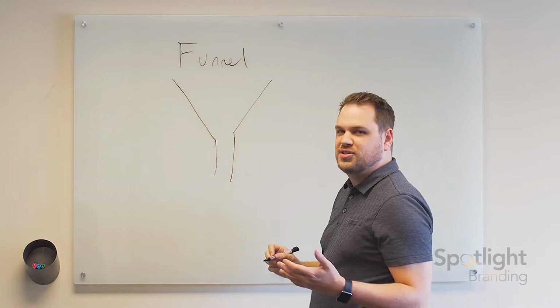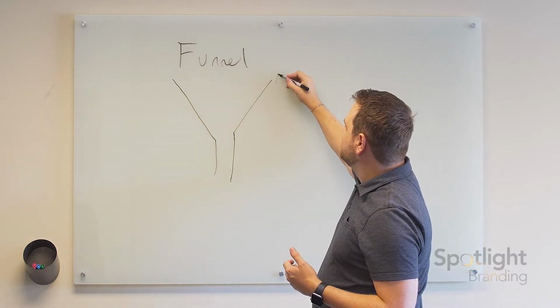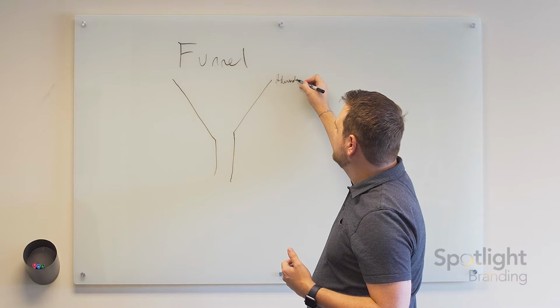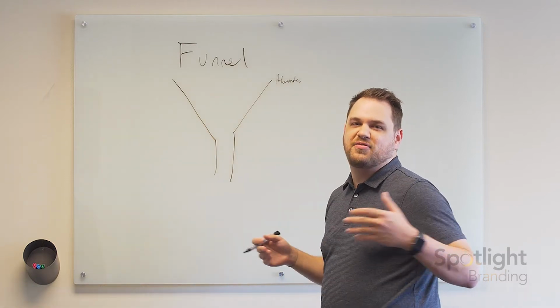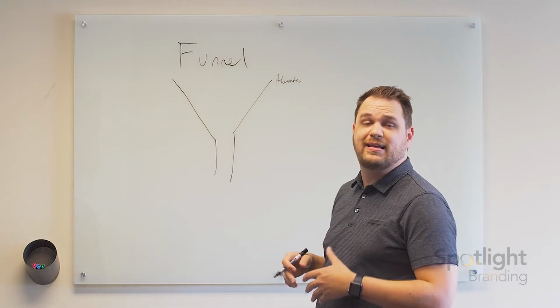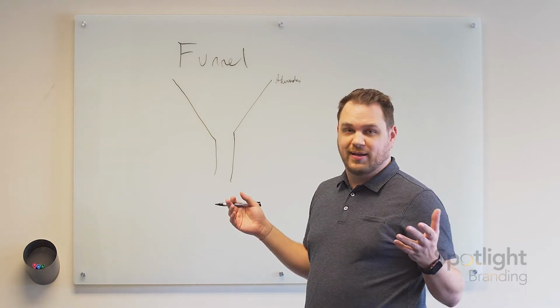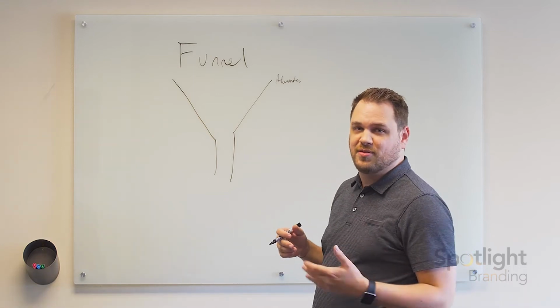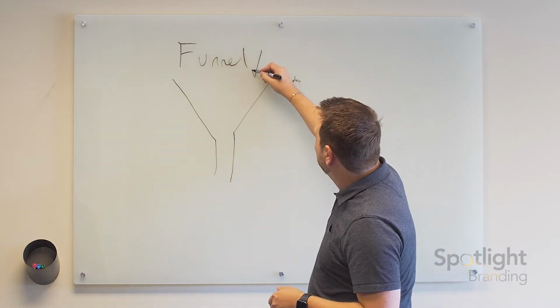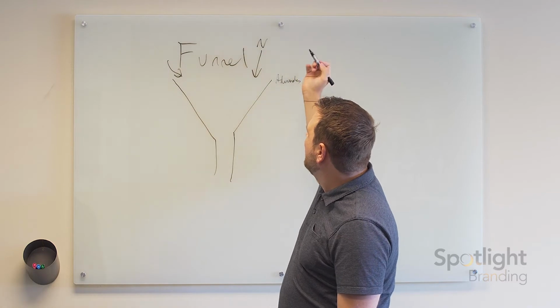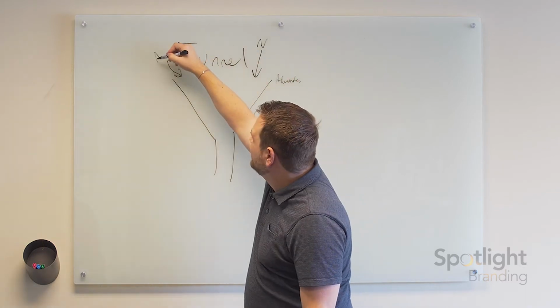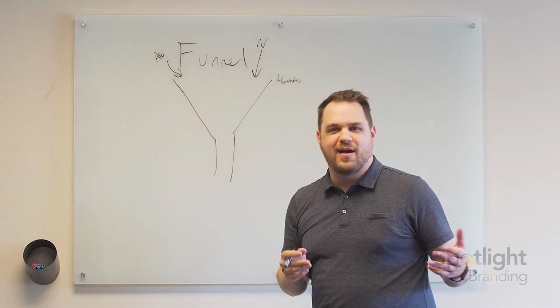Your typical funnel shape. Maybe this is Google AdWords. Okay, it could be a number of things. It could be a social media ad. It could be an advertisement on the radio. It could be a number of things. It could even be networking, right? You meet someone at a networking event and you get their business card and they enter the funnel. There's a lot of places they can enter the funnel. Again, this one might be networking. This one might be the AdWords, whatever it is, okay?